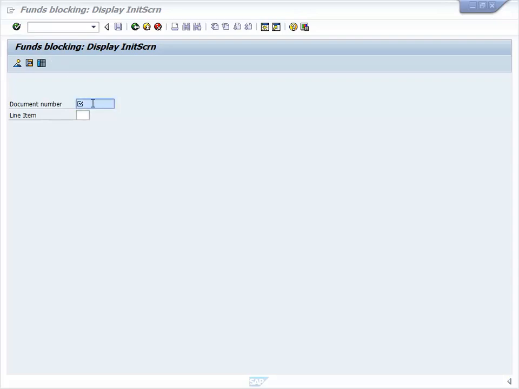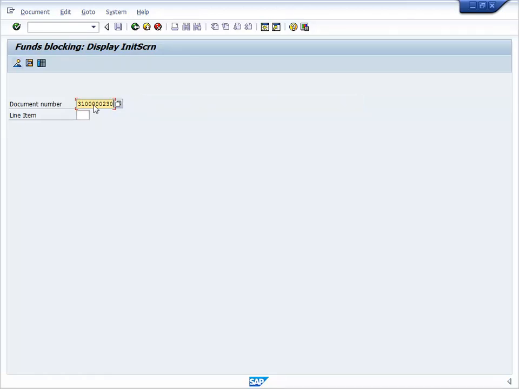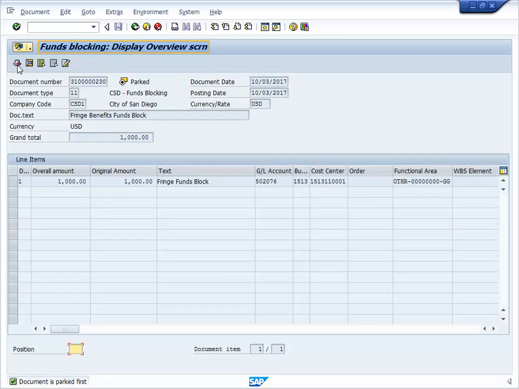In the Document Number field, enter a 10-digit funds block document number. Note, the Document Number field may default to the number of the last funds block you created or displayed. Click the Fast Data Entry icon, or alternately, press Enter on the keyboard to launch the Funds Blocking Display Overview